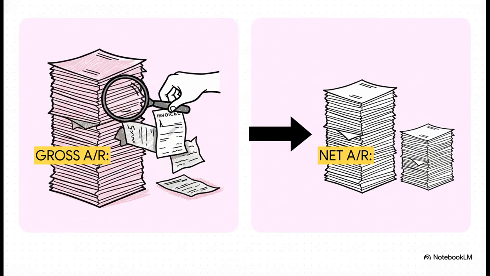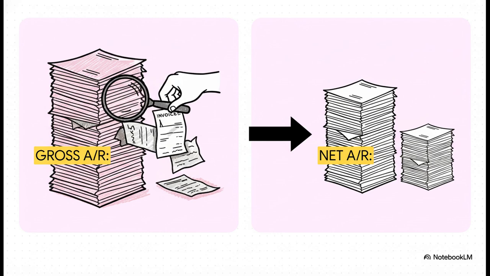Okay, this is where things get more realistic. Businesses are smart. They know that unfortunately, not every single dollar you bill is going to get paid. So to be more honest, they create something called an allowance for doubtful accounts. It's basically an educated guess of how much money they probably won't be able to collect. When you subtract that allowance from the gross AR, you get the net AR, which is a much more conservative